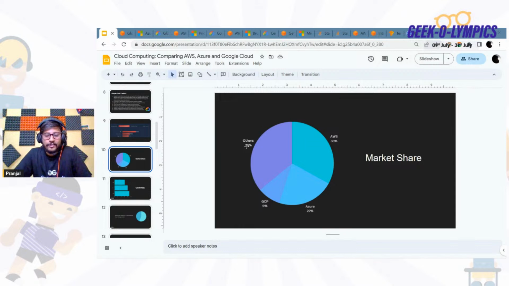But if you see the past records and stats, you will find AWS in the first position. Once it came into the picture, from 2010, when we had Azure and GCP, AWS was in the first position from that time. It's around a decade. Now we are in 2023, which is also going to end soon, so around 13 years, AWS has always been in the first position.